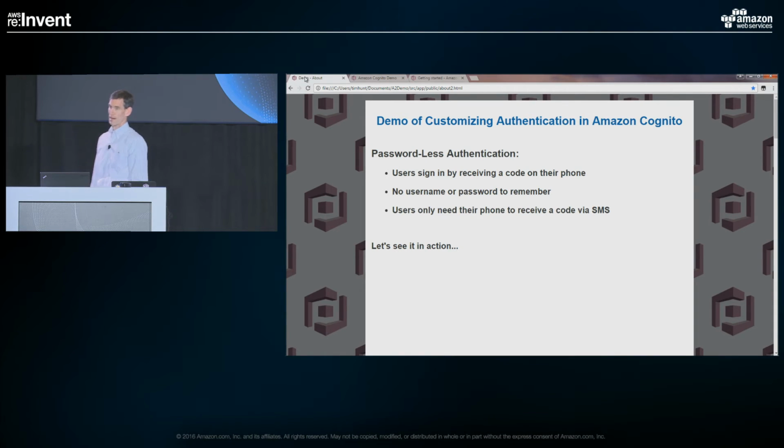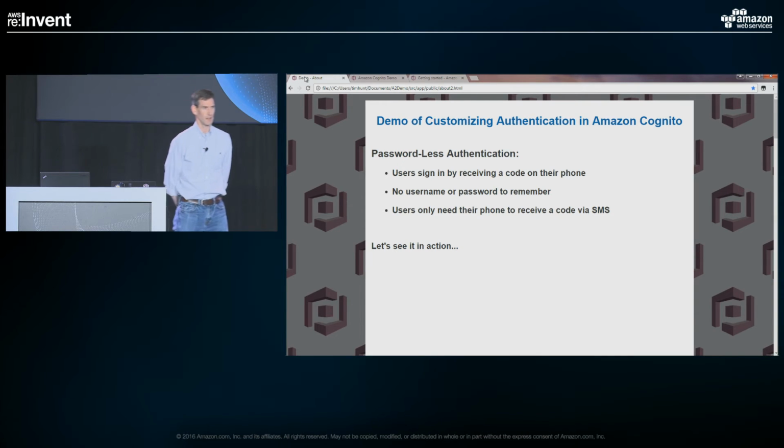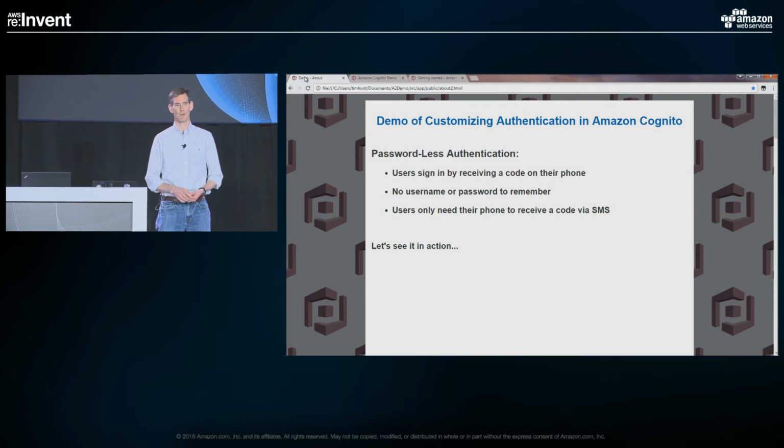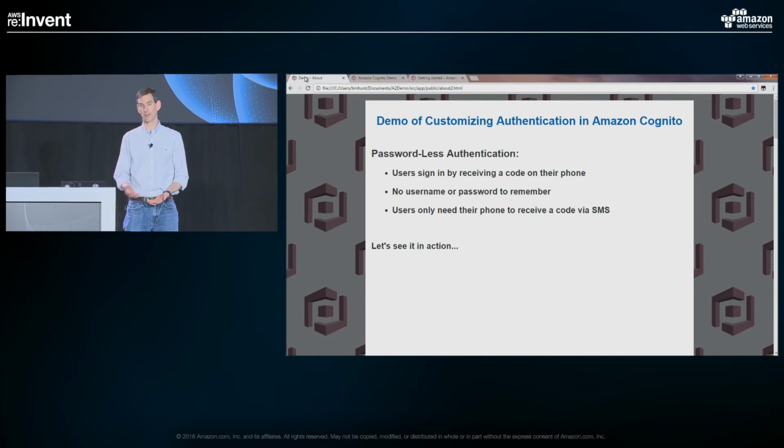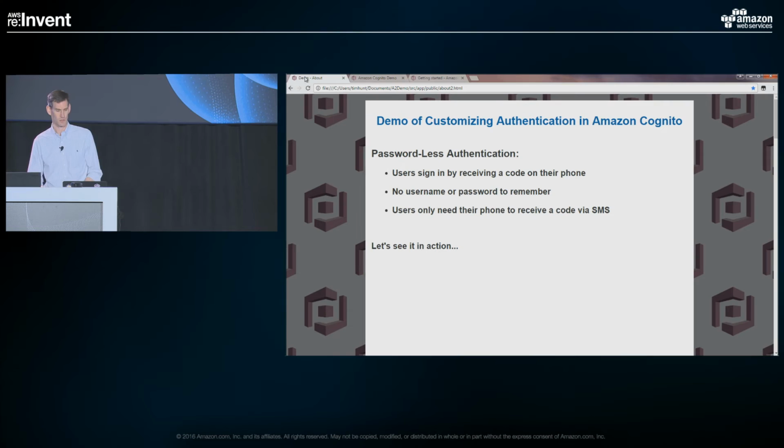So passwordless authentication, what we're talking about is the ability to have a user sign in just by using their phone. So if they just have a phone that's linked to their account and they can receive an SMS message, they can log in. Doesn't require a username or a password. We know users don't like those. We know they're problematic. Users forget them. That's the biggest thing. Because they forget them, they reuse passwords all over the place, and that causes other challenges. So now all they need is a phone and the ability to receive an SMS message.